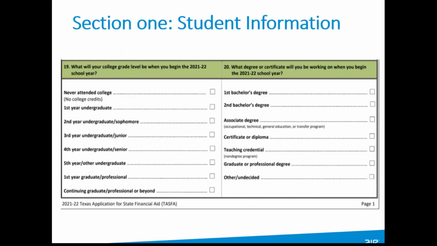And you can see this question about your college status, your grade level. It's either no college credits, never attended college, or first year undergraduate if you have college credits. That's a little distinction. This question's over to the right, the bachelor's degree, the associate's degree, very similar to the